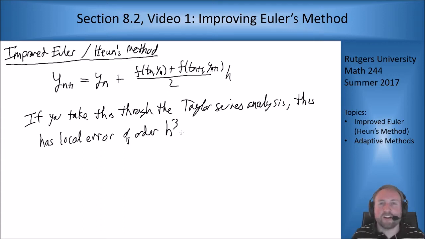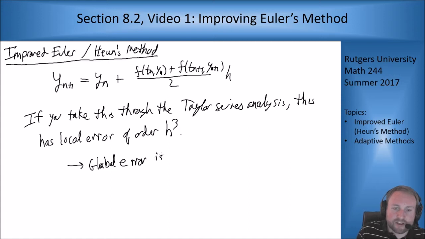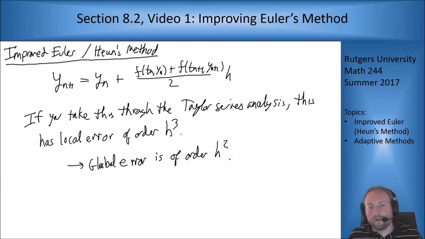So the first term that appears in the difference between phi(t_{n+1}) and y_{n+1} is the h cubed term, because the h squared term cancels and goes away. So you have local error of order h cubed, which means by the same argument, the global error is of order h squared,